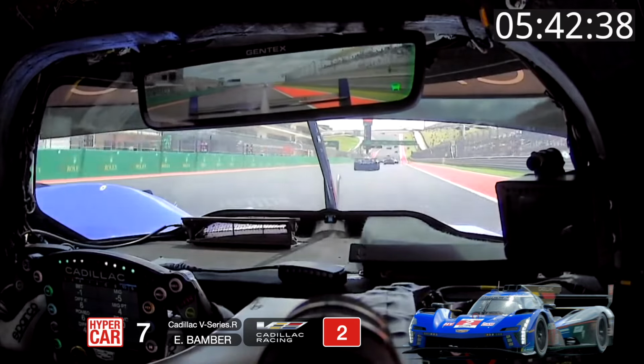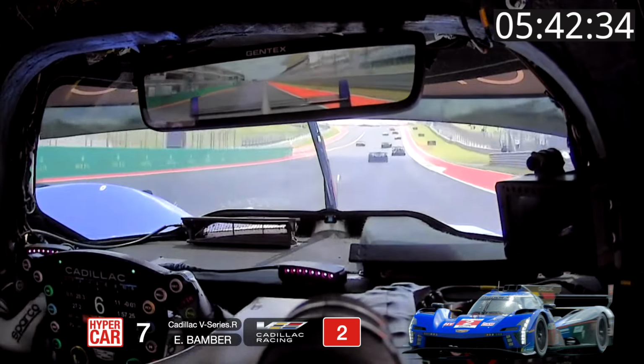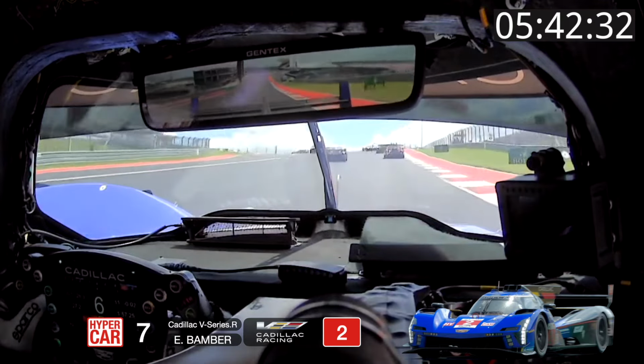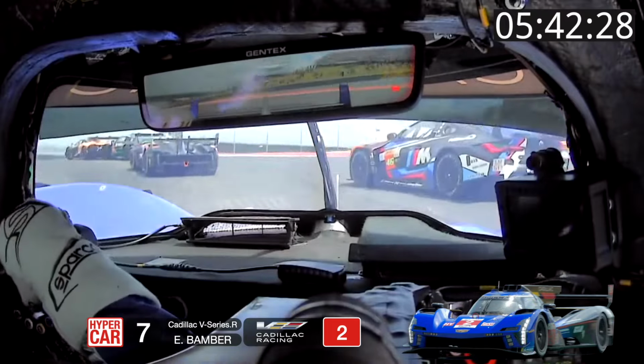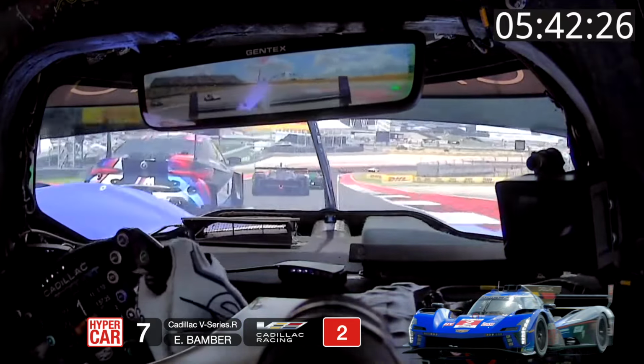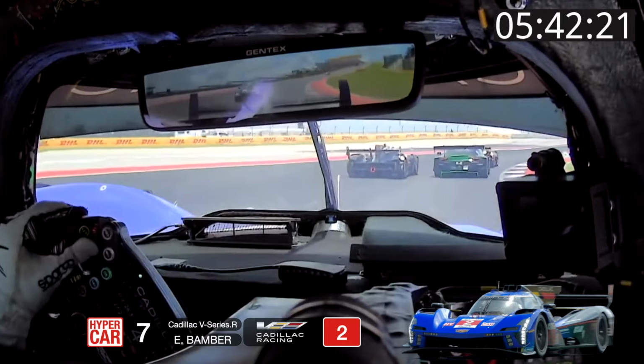This track on its own is a huge challenge, though. With this traffic, it makes it so much more challenging. And as they head into turn 1, we can just see this absolute gaggle of GT3 cars. Conway makes his way past that BMW, with Bamber going around the inside of the BMW through this fast right-hander